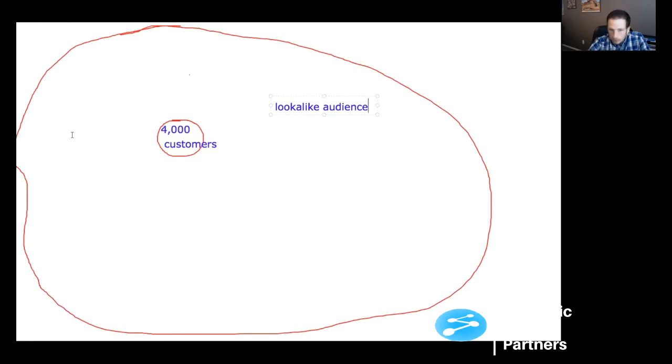And it's 2.1 million people. Every time it's 2.1 million, or very, very close to 2.1 million people. And these customers are going to be very similar to your 4,000 customers. You can see in my picture that these 4,000 customers are close to the center of this lookalike audience that you've created. So that's the idea behind a lookalike audience, and the concept is ingenious because then it takes all of the